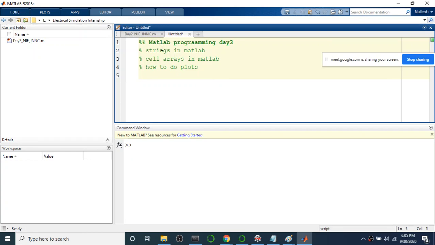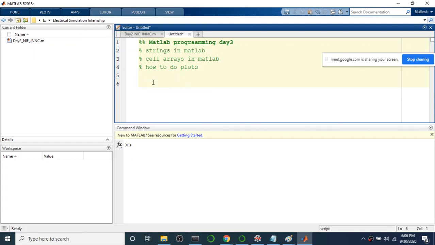So far we covered topics like how to create matrices, how to access the content of the matrices by using various indexing techniques like subscript, linear and logical. We also saw how to modify the content of the matrix. So let's see another kind. Whatever we saw so far was about the numerical type of data, so let's see other kinds of data today. We will begin with the string type of data.